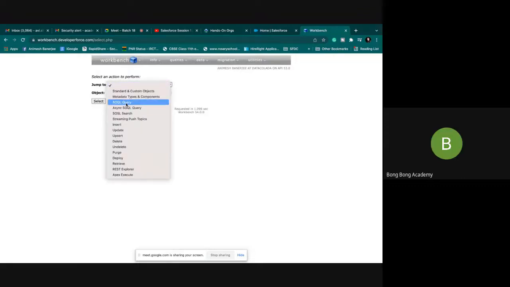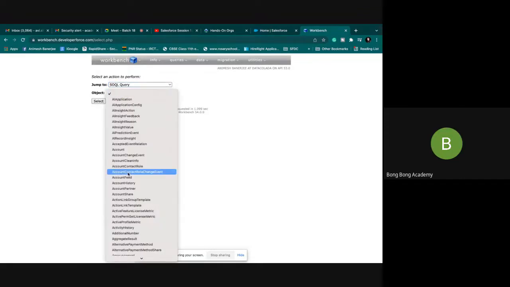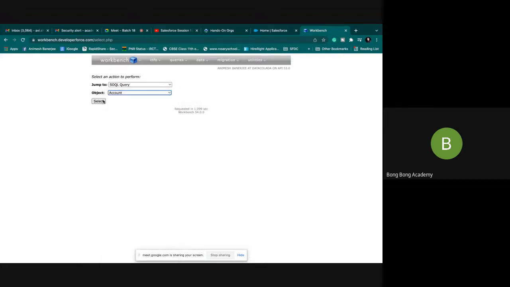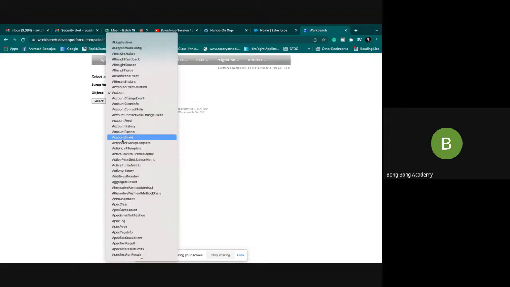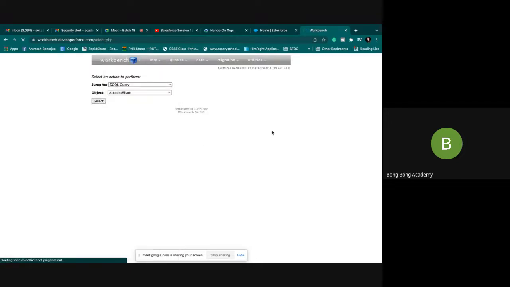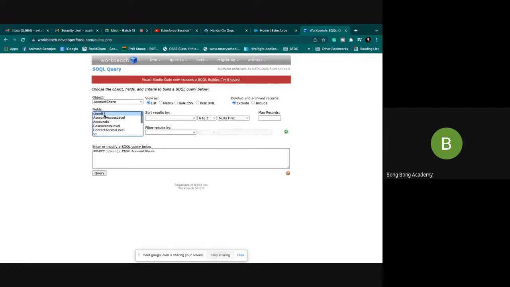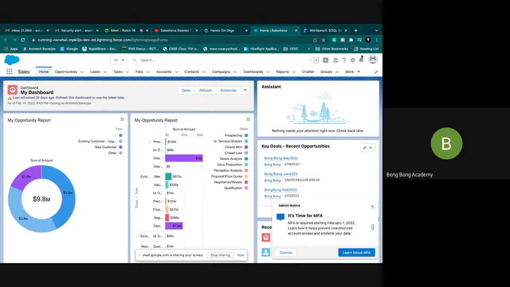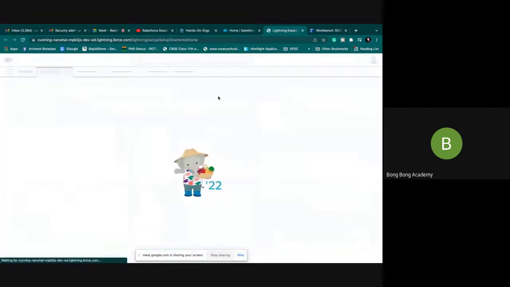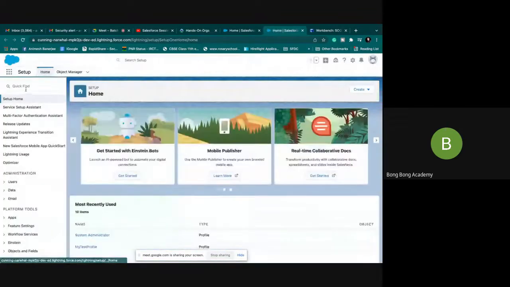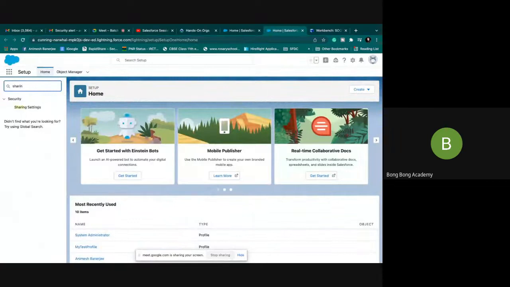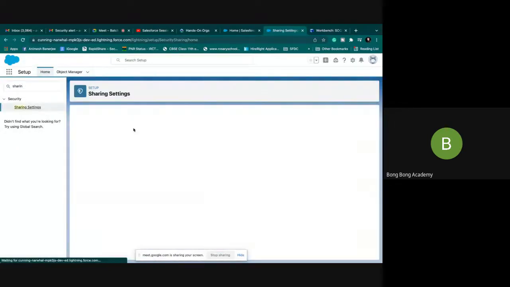So we'll be seeing maybe the account record, I think. There is an account share record, you'll see, but let's see the account share record first. Count. No records. In this table, there is no record. So let's first go and change the account to private.